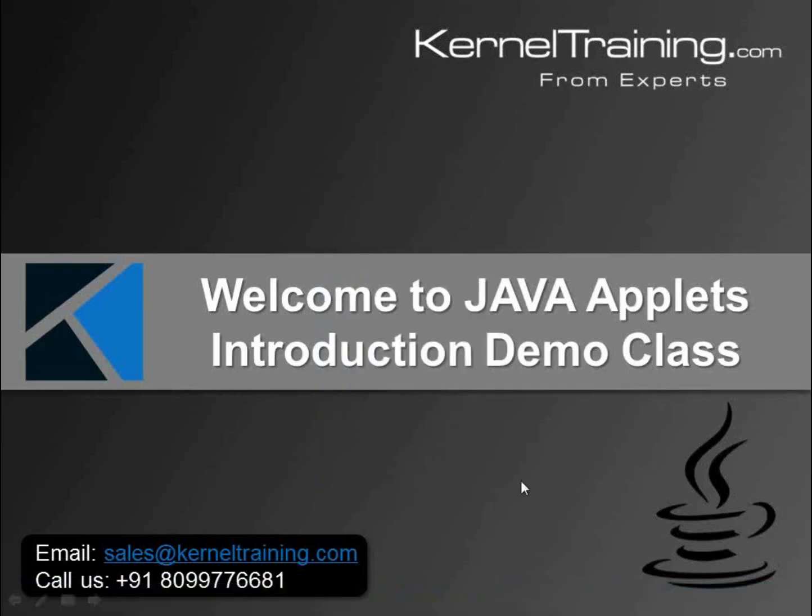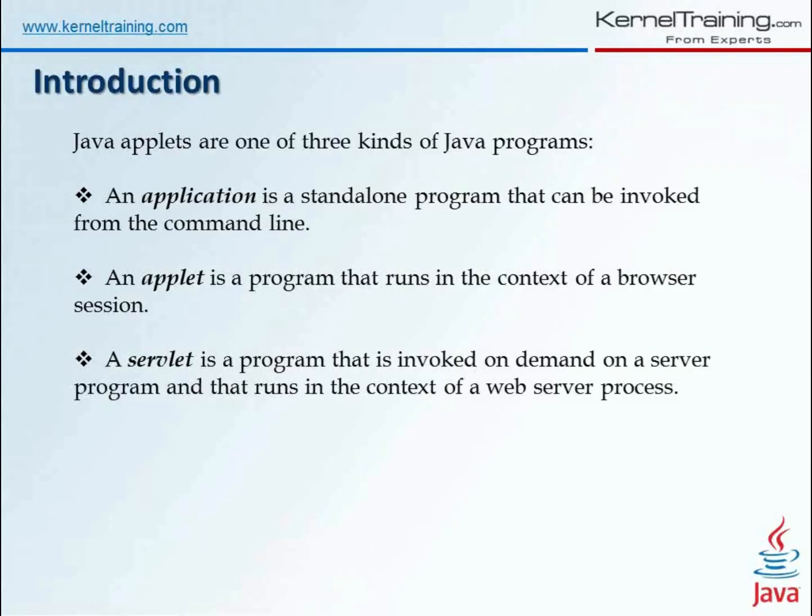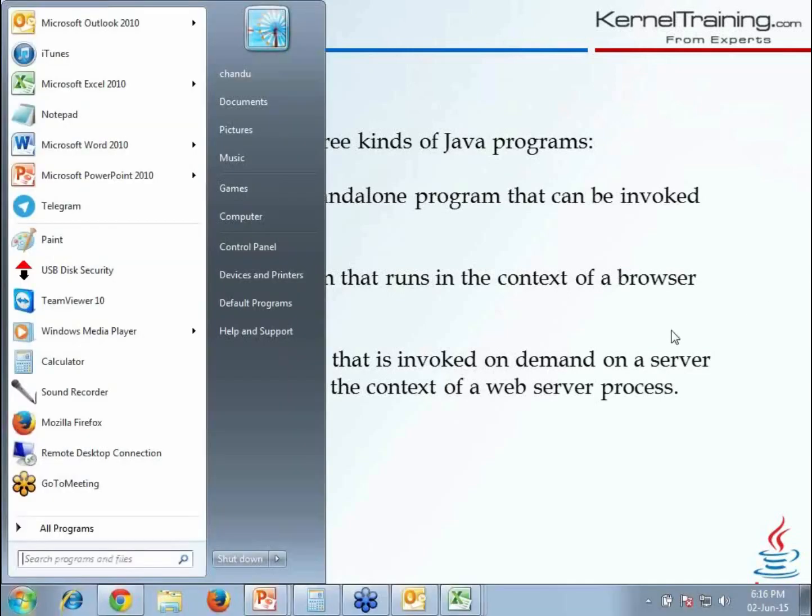So what we are doing is simple. We are going for some more applications, and these are the applets themselves. Already I have told what an applet is. It's an application that can be transferred from the network. So what are the different real-time examples where we are using applets?